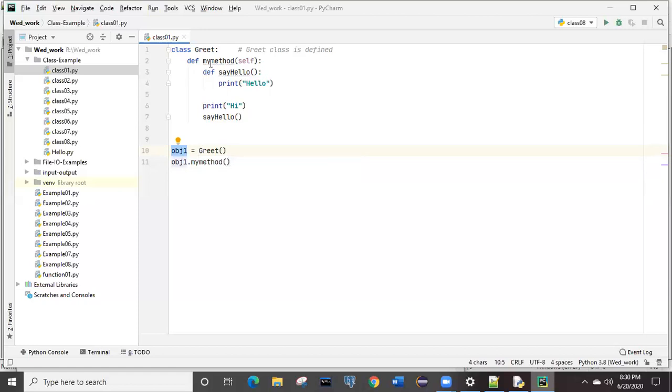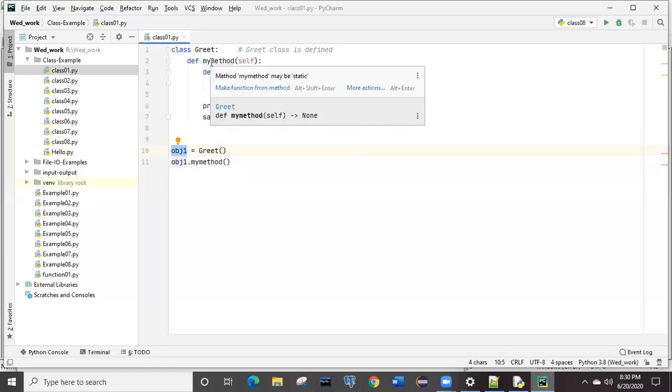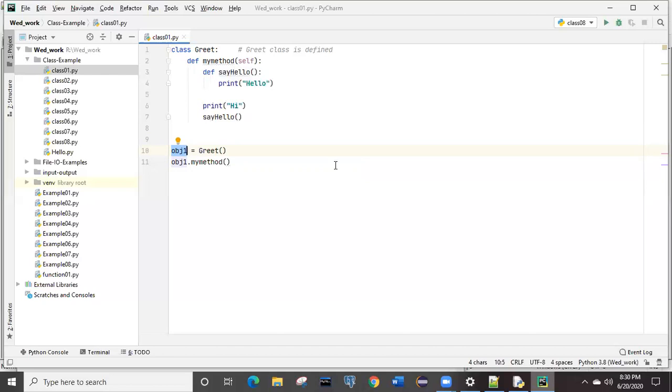But if you hover over it, it is saying the method my method should maybe be static. There is a chance that you can declare this as static. I'll explain after two to three minutes what is the meaning of static and non-static, because till now it is non-static, right?